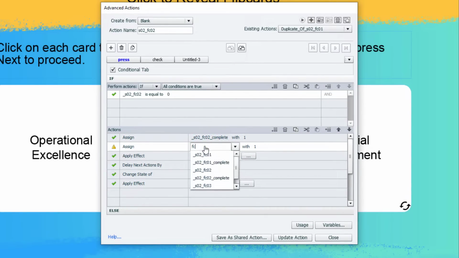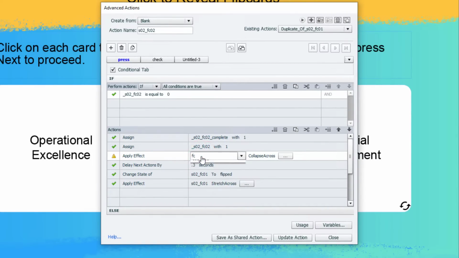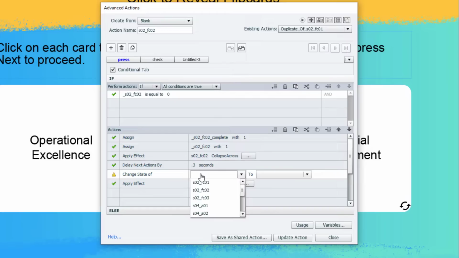Assign Flipkart 02 with a value of 1. We're going to collapse across Flipkart 02. Wait the 0.3 seconds and then complete the rest of that effect again on Flipkart 2 to flipped,